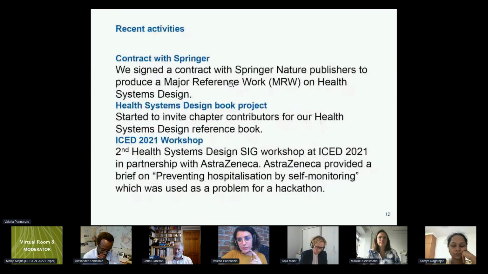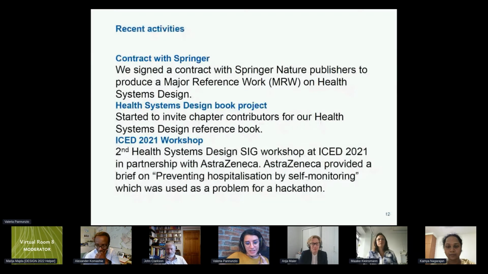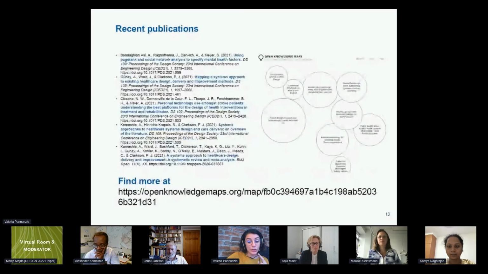Recently, I have some good news about what has been happening within the SIG. We signed this contract with Springer to be able to publish a major reference work on health system design, and also started inviting chapter contributors for the same. Last year, we also organized a workshop at ICE 2021 with AstraZeneca. There was a very interesting brief that we worked on, preventing hospitalization by self-monitoring, and we did a hackathon on this challenge. We also had a recent publication in the book in the SIG,